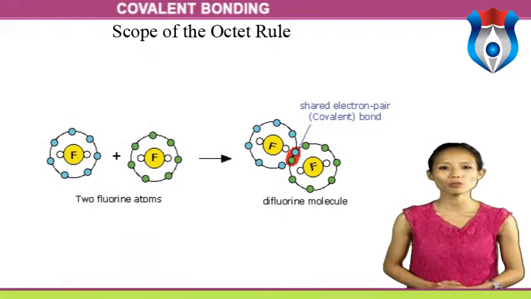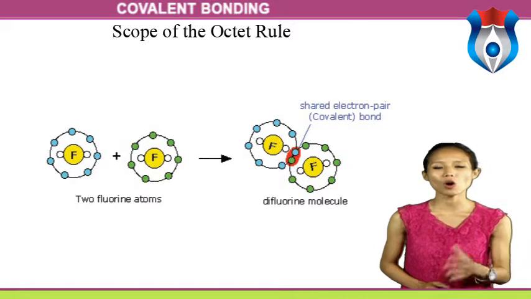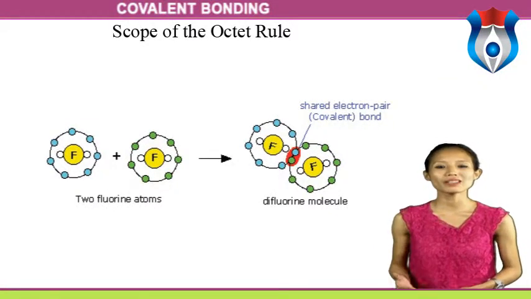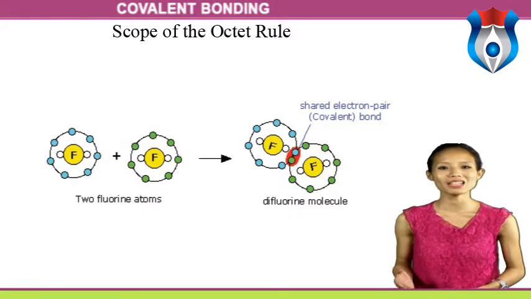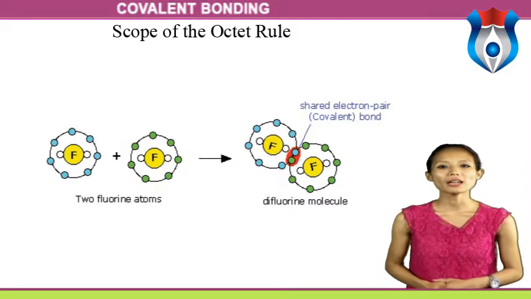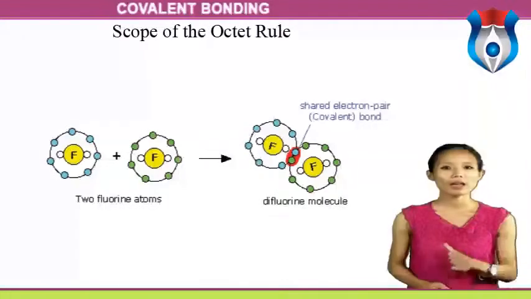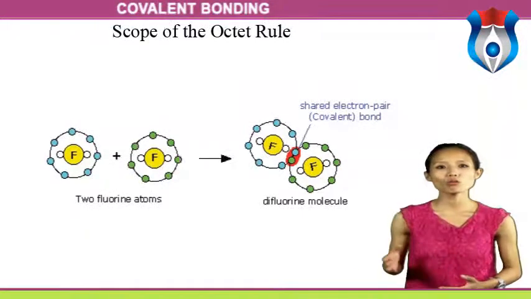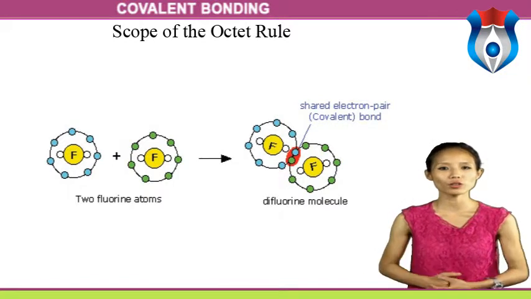Scope of the octet rule. For the lightest atoms, the octet rule must be modified since the noble gas configuration will be that of helium, which is simply 1s2 rather than 2s2 2p6. Thus we write LiH as Li:H, where the electrons represented by the 2 dots come from the 2s orbital of lithium and the 1s orbital of hydrogen.